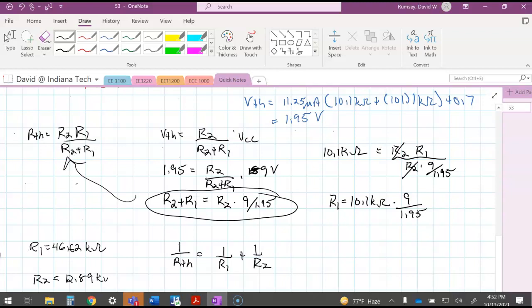12.89 kiloohms. Oh, yeah, that's right. That makes sense. I don't know where I was spacing here for a second. Yeah, no, that works. Now, of course, the reality is we don't have these kinds of resistors in the lab,